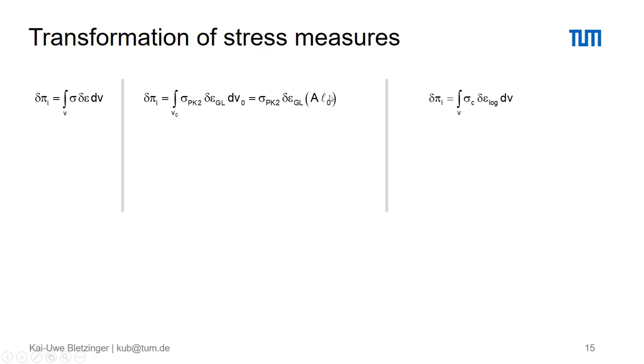Here we integrate over the reference volume, with the undeformed cross-section capital A and the initial length. We can do that for our cable. We are reducing everything now to our cable, that along the length of our cable, everywhere we will have the same stress, and everywhere we will have the same strain and the virtual strain. On the right hand side, equivalently, we have the true stress and the virtual logarithmic strain, everywhere constant, and we have to integrate over the actual volume with the actual length and the actual cross section, which we'll call now small letter a.